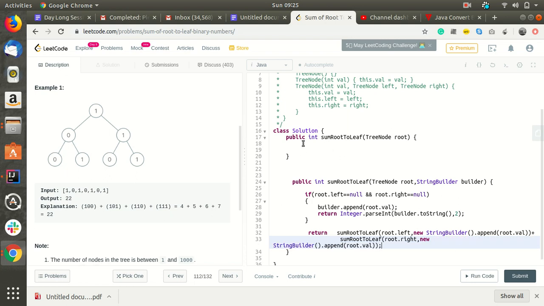Now we'll call sum to the leaf. We have overloaded this method so that it's quite readable. Root comma new string builder.